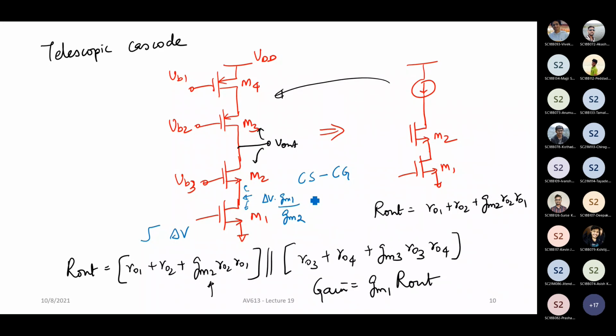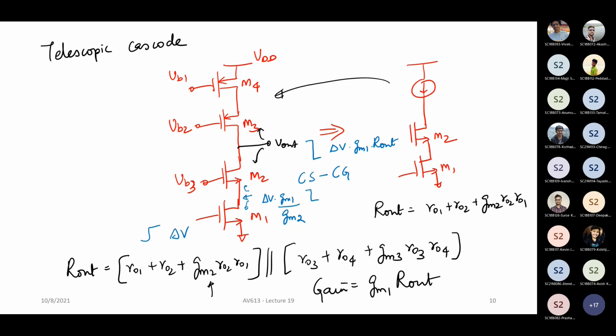Now this will be in the opposite polarity, right? Now M2 acts as a common gate amplifier. So this quantity is multiplied by the common gate gain, which is nothing but GM2 times R out. And therefore, this is going to be of the same polarity, which is of course the inverse of what you have at the input. And the value is going to be delta V times GM1 times GM2 gets cancelled out, total R out. M3 and M4 are literally nothing but a current source, nothing else. Okay. So this is the way that it actually works.